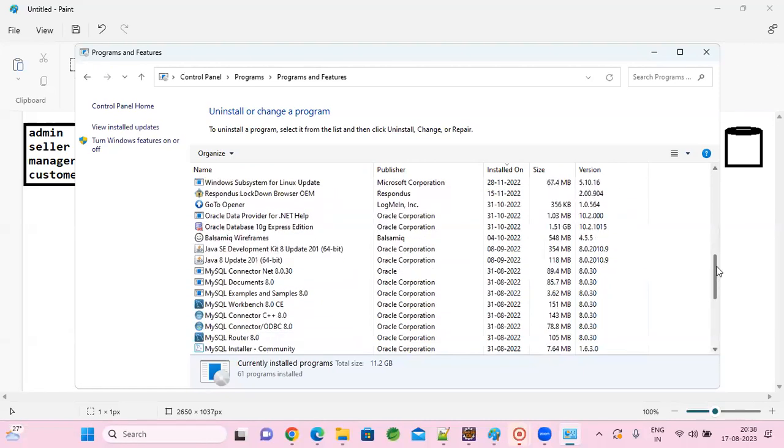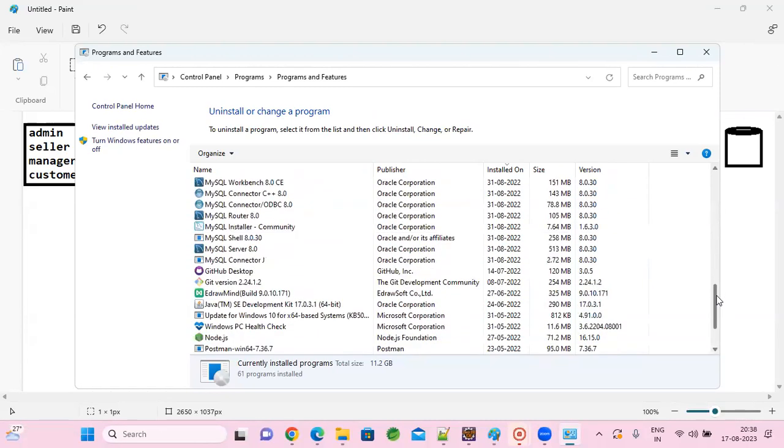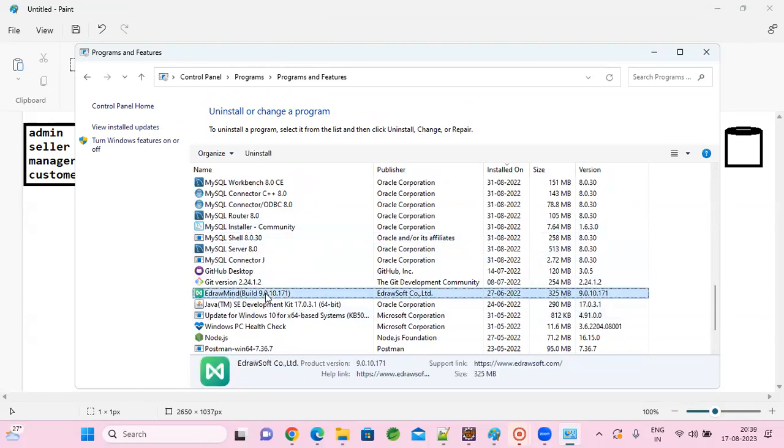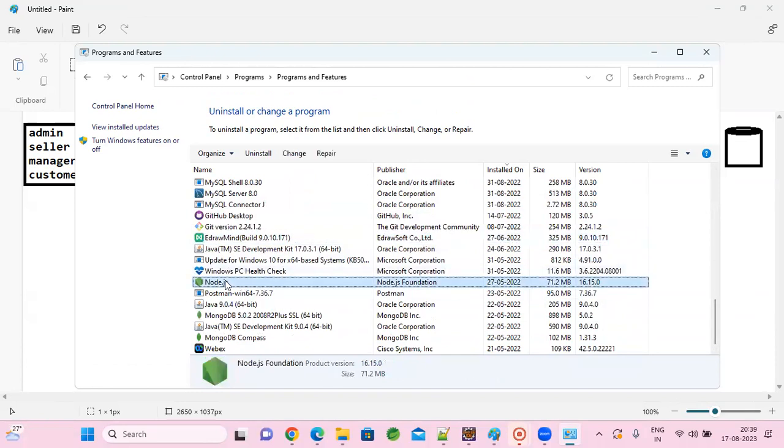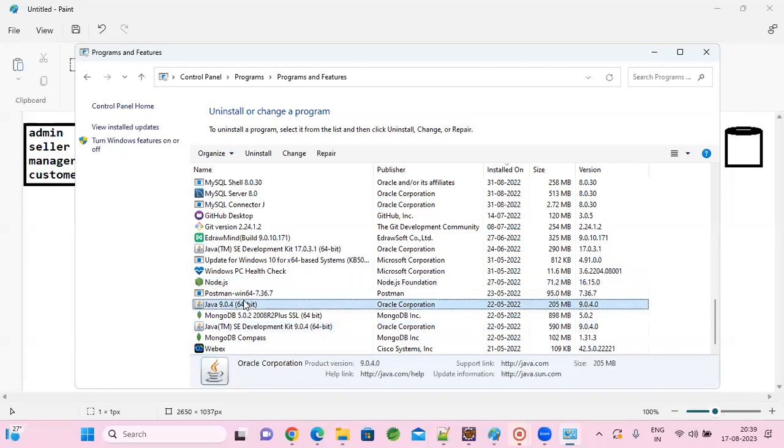Git we have. And eDraw also we can use instead of Balsamic. We will see which one needs to be picked up. And Node.js we have, if you want to do Angular, we can use Node.js also. And the Java kit also, we have Java 9.